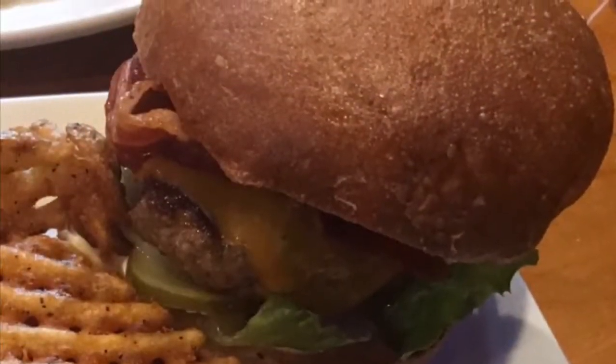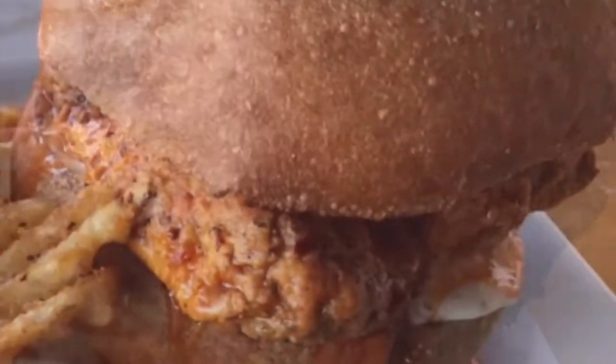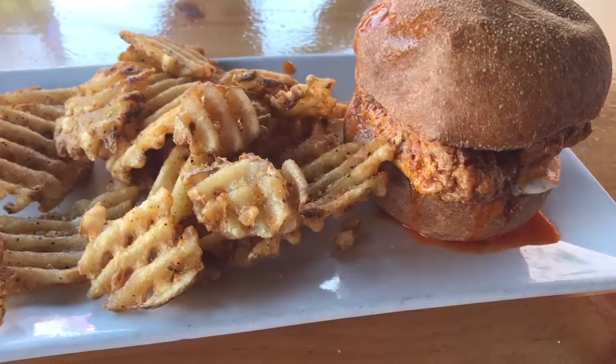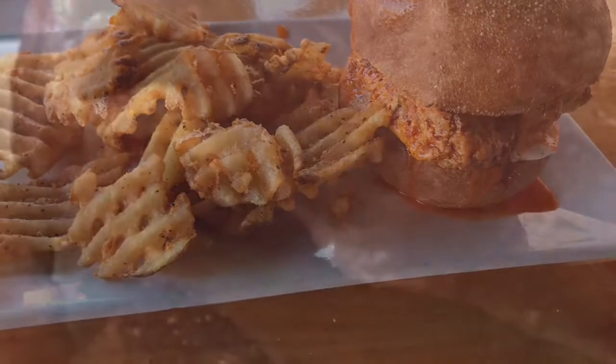I've tried their burgers and their buffalo sandwich before, and I've come to the conclusion that I'm just not a fan of the bun they use. It's advertised as a Cubano bun, but I would have to say it's way too thick and chewy to be considered that style. I'm just not a fan of the way that it tastes, and it really ruins an otherwise